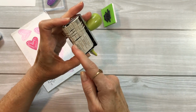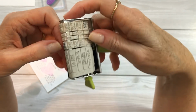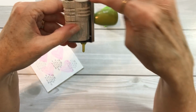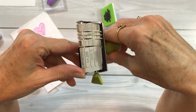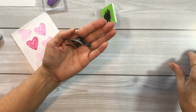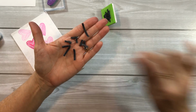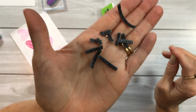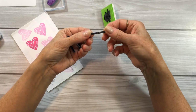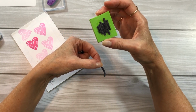There are indentions on these roller stamps, and you can cut right through the small section where it's indented right here, and that's just a little loop of rubber. It will just come right off of the thing. So what my numbers ended up looking like were little strips like this of random numbers. I know it's really hard to see because they're tiny, but these are the little strips, and I just took strips like this and used some E6000 and glued them onto a piece of the foam